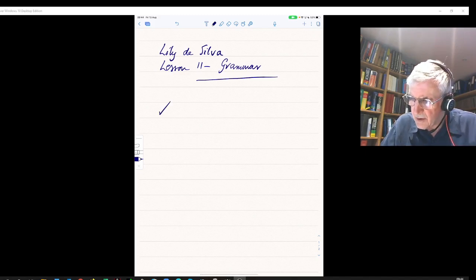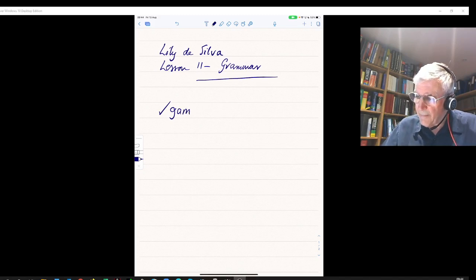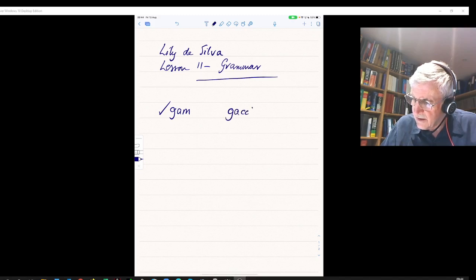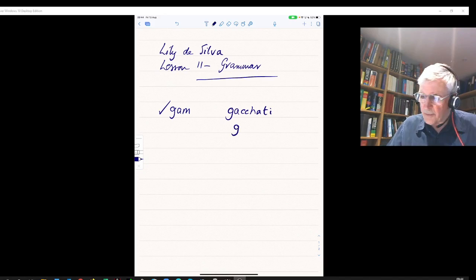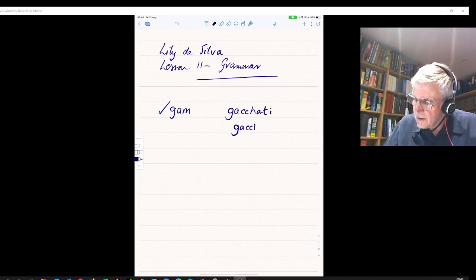For example, if you look at the root gam, as we know, that makes gacchati slightly irregularly. This is known as the present base or the present stem, so gaccha. So what is being said here is that you make your present participle by adding to gaccha as the base, so by adding gacchanta,